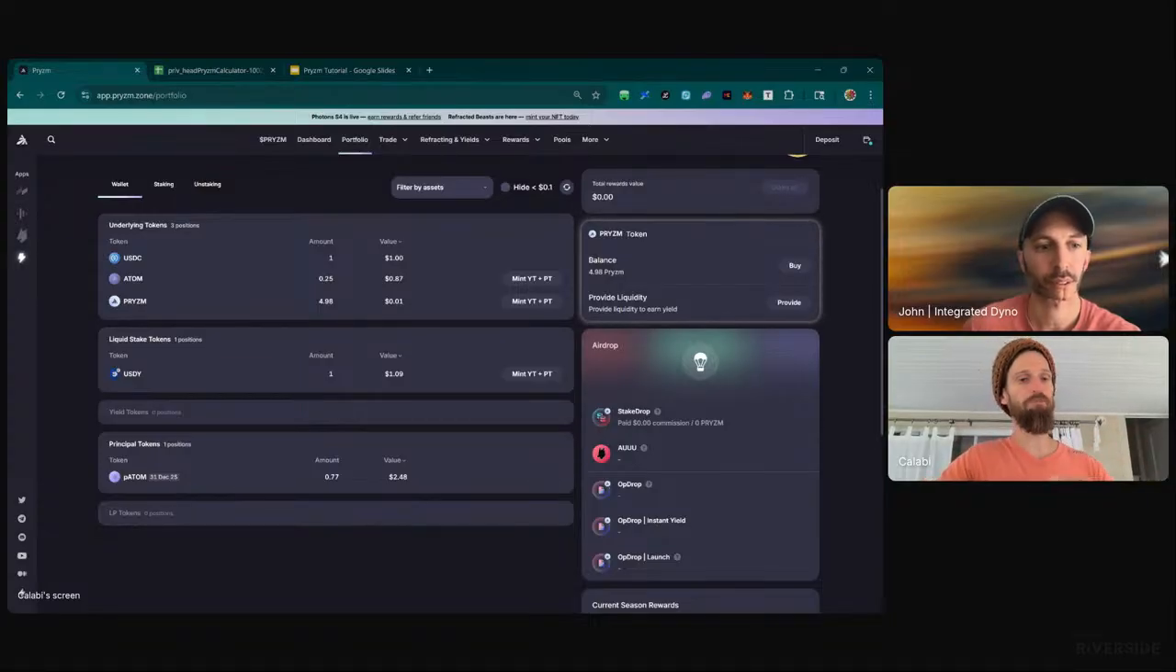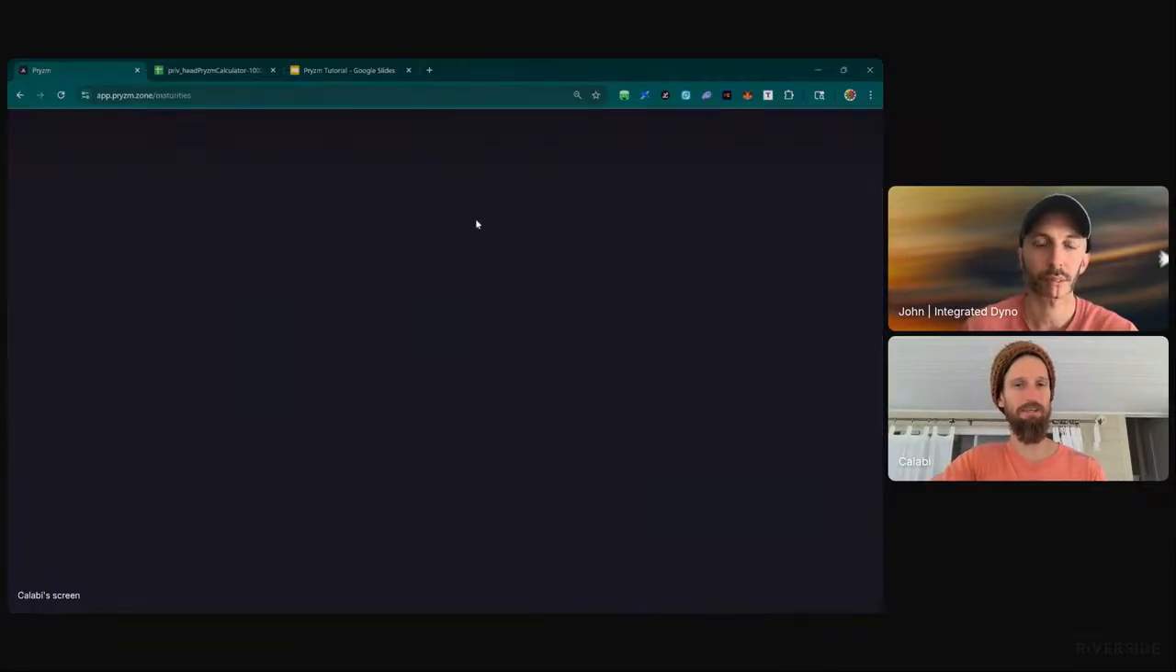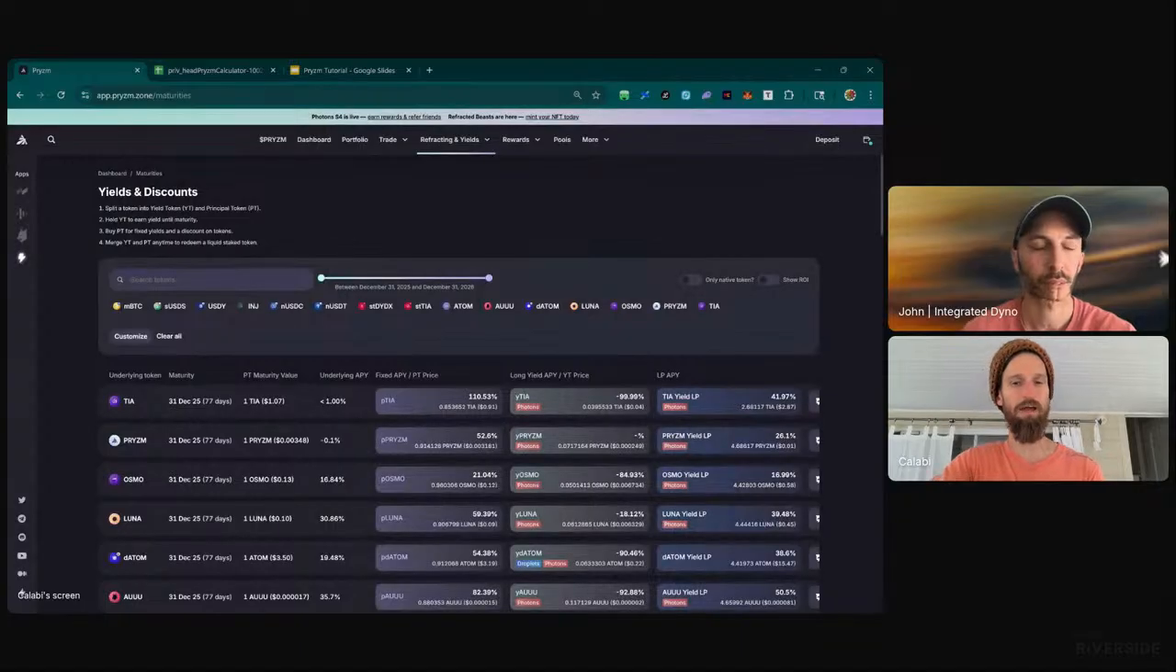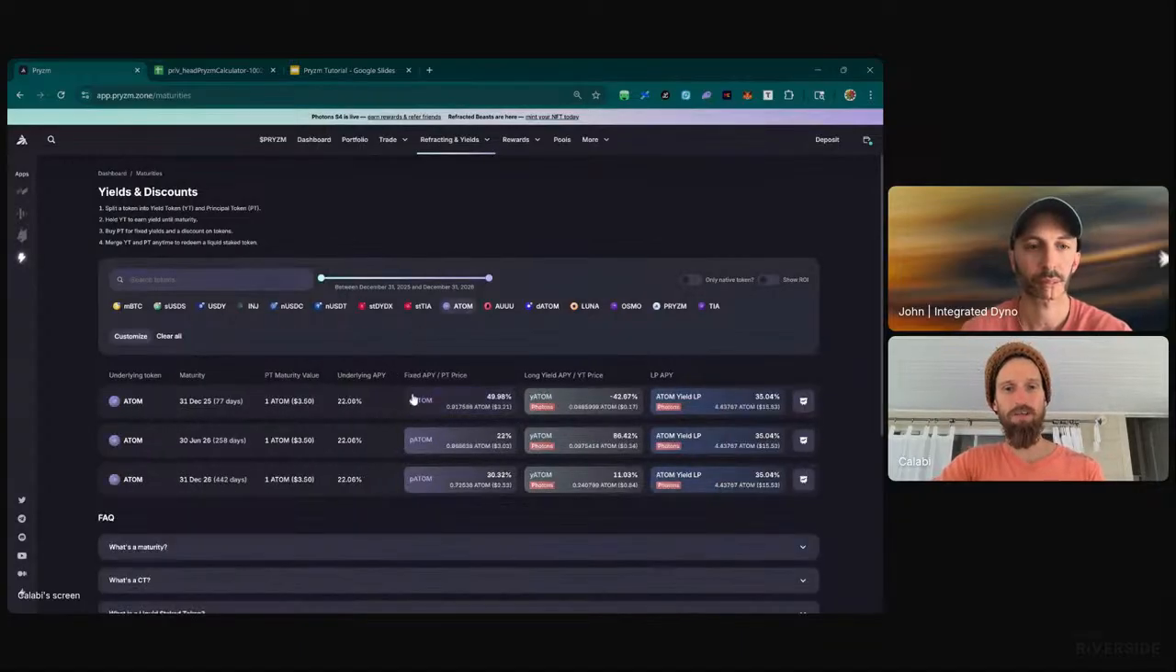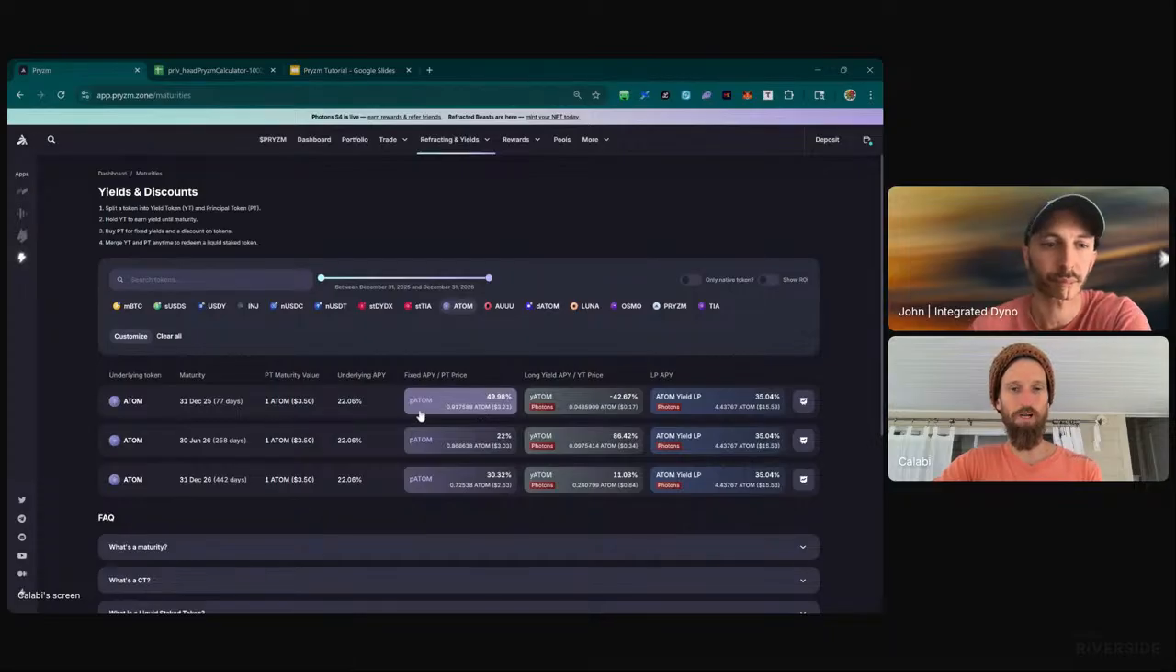The one thing to note is that it redeems to C Atom. And this is one thing that I think Pryzm could slightly alter in the math, and it's something I'm working on. These APYs do not include the unbond time. So what I'm saying is, when you redeem and you have C Atom,